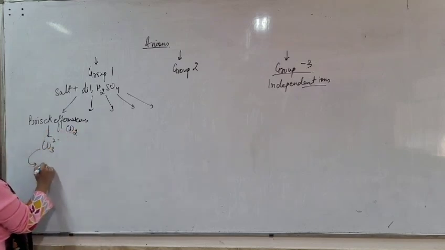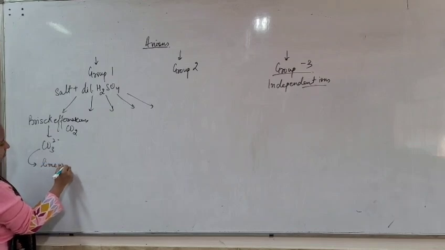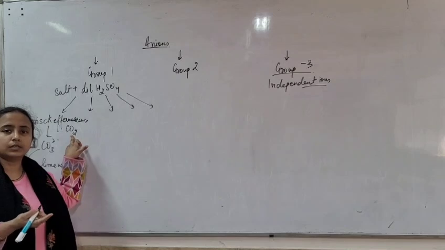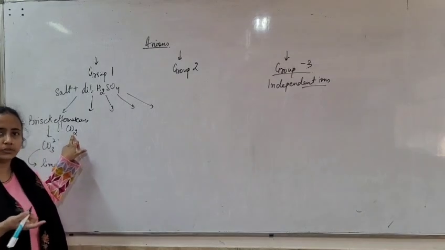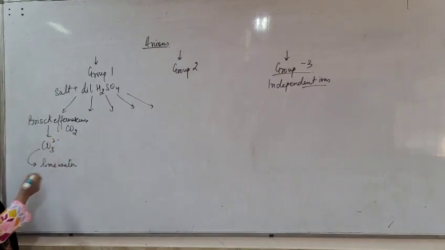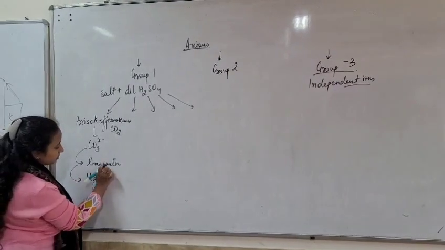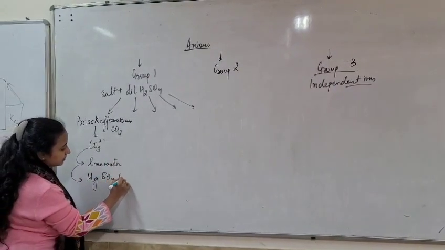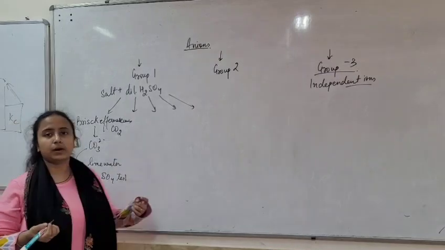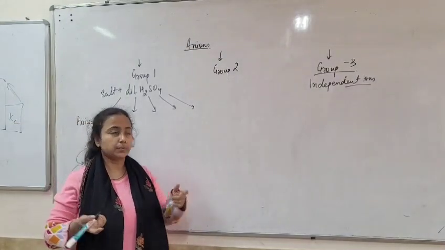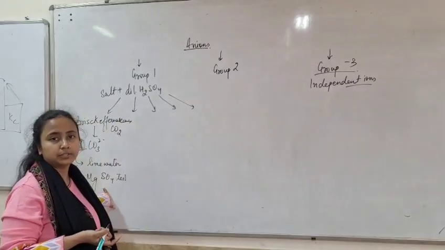Then you can perform the lime water test, that is passing this CO2 through lime water, and that lime water will turn milky due to the formation of calcium carbonate. The second experiment that you can perform is the magnesium sulfate test, in which you will prepare one OS, original solution, salt plus water in the minimum amount, and you will add magnesium sulfate to it,